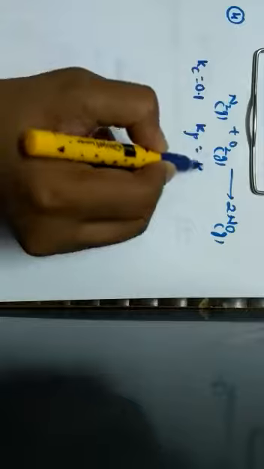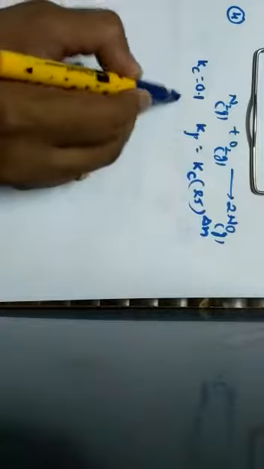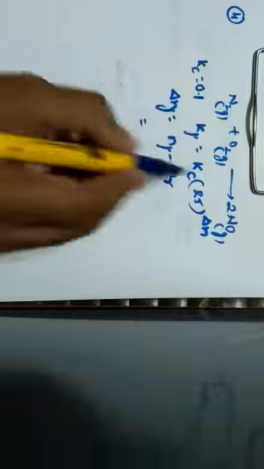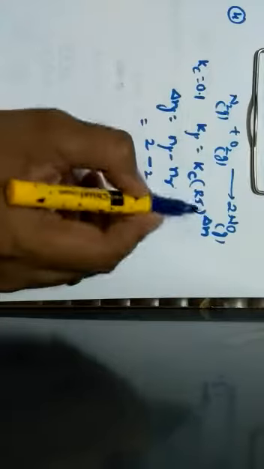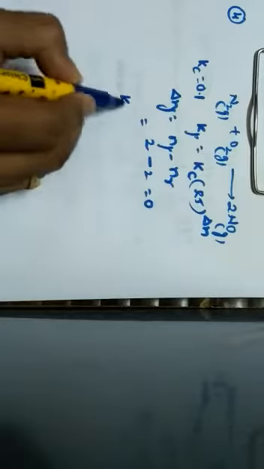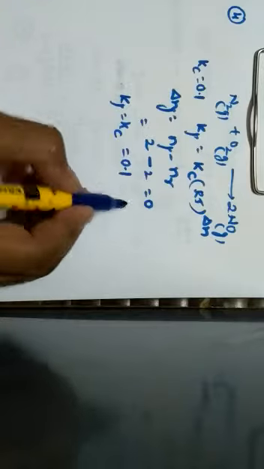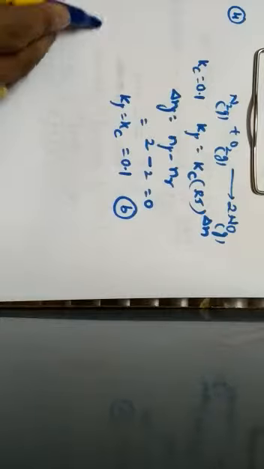Okay, now let us analyze this. They have given that Kc is equal to 0.1. We know the relationship Kp is equal to Kc into RT to the power of delta Ng. This delta Ng can be calculated by the number of moles of the product minus the number of moles of the reactant. Product moles is 2, reactant moles is 1 plus 1, that is 2. So delta Ng is 0, which means the entire term RT raised to the power of delta Ng becomes 1. So I can write Kp is equal to Kc, that is 0.1. Hence the correct option for this question is option B.